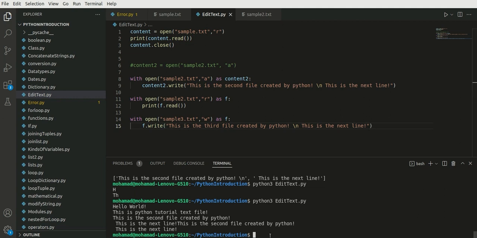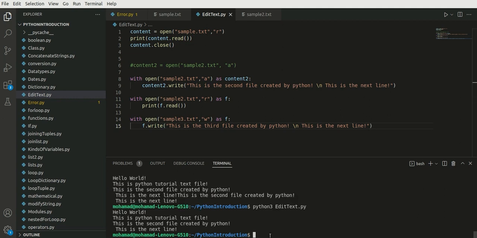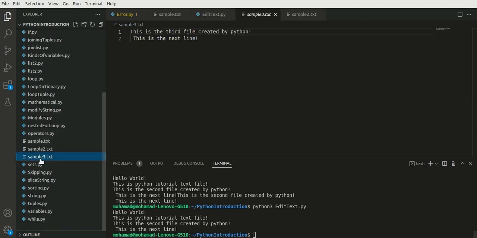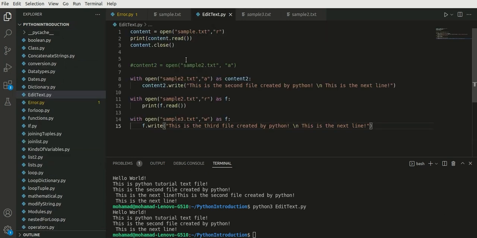So anyway, let's create another file, and here, as you can see, we have sample3.txt. This is the third file created by Python, and this is the next line. There we go. There's also another method for reading a file,